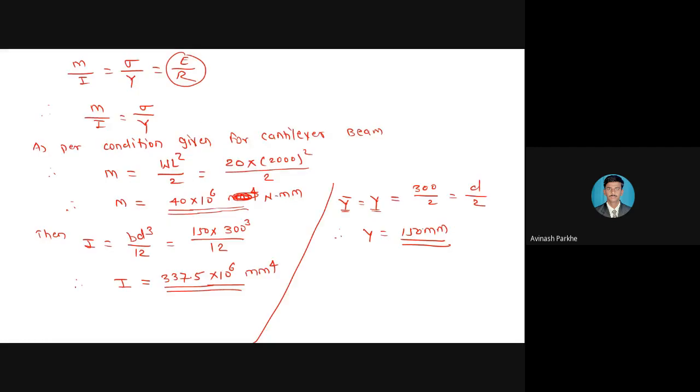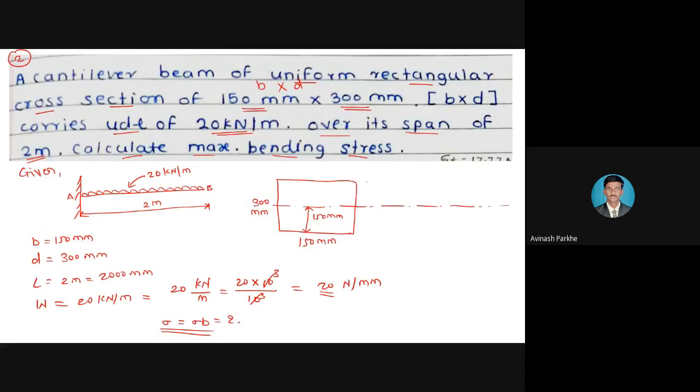Now, in this particular problem, the stress distribution diagram is not asked, but we will try to draw that stress distribution diagram in front of the rectangular section. So what is the first requirement? We have to take the projection lines of the rectangular section in front of it. Then you have to draw one vertical line. Here you get the maximum bending stress as 17.77, only one bending stress. This bending stress is developed above the neutral axis, and the same bending stress will be developed below the neutral axis.